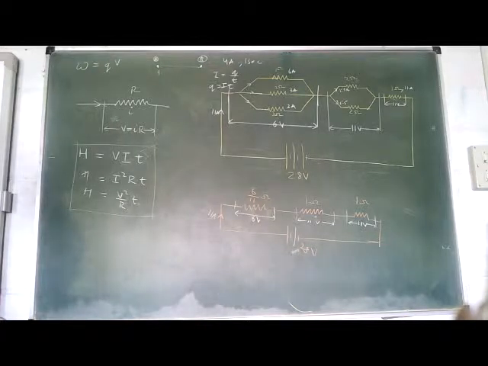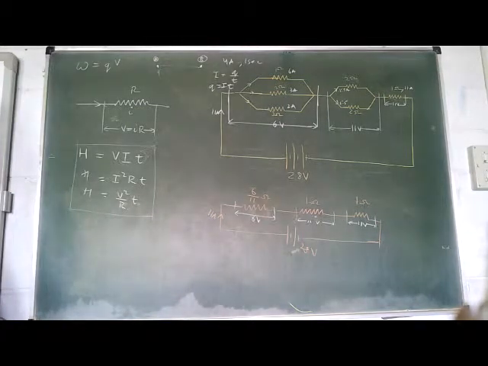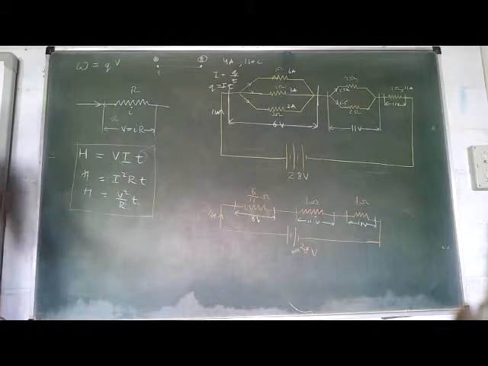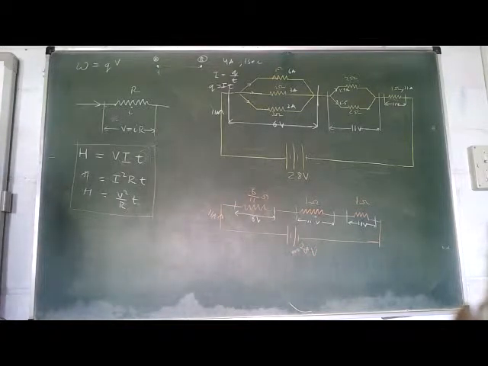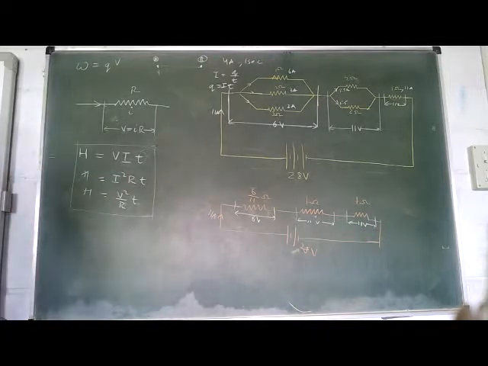Get the point? Now, I see that if more is the current, then more is the heat liberated. Higher the current, higher is the heat liberated. What can you say about resistance? More is the resistance, more is the heat, or less is the resistance, less the heat? What about this? Heaters and all, generally they try to keep very less resistance. Then only there is a lot of heat generated. Lesser resistance means more current, and more current means more heat. But if I look at this formula, I see that more resistance gives me more heat.